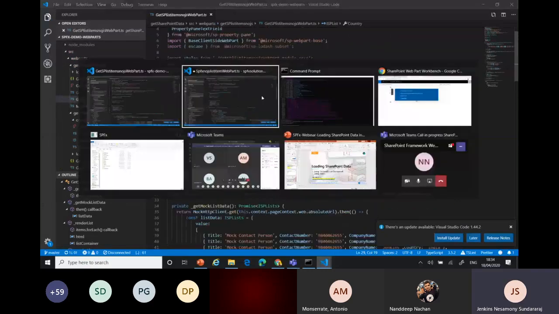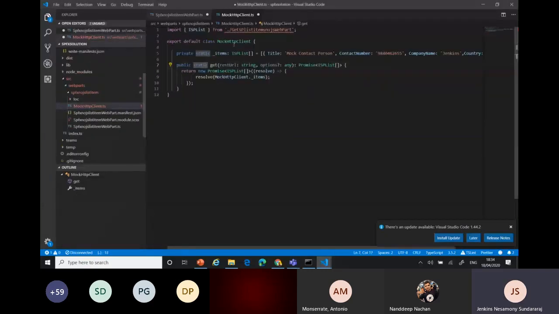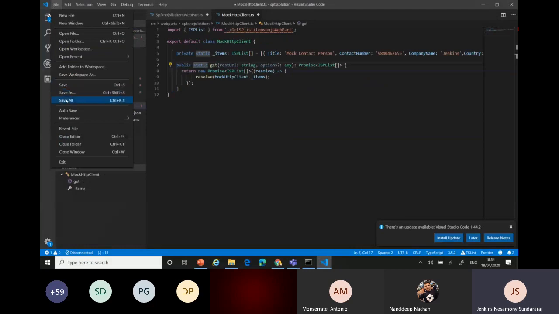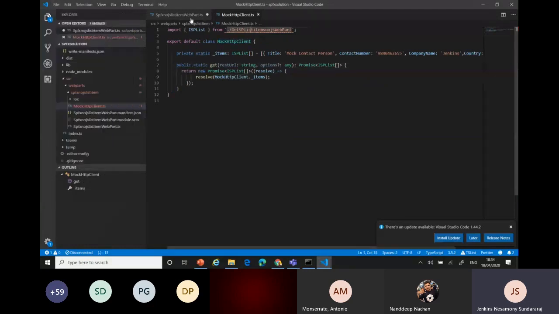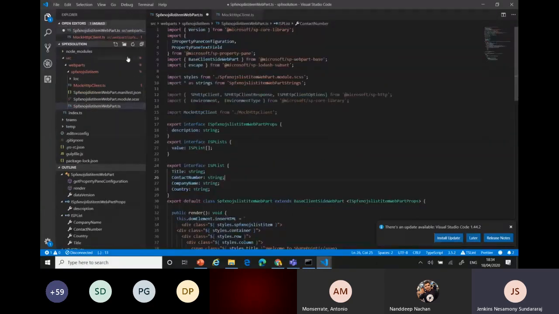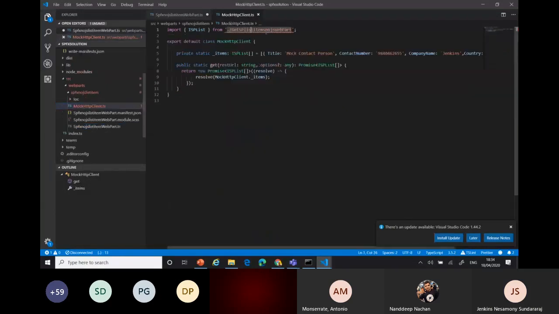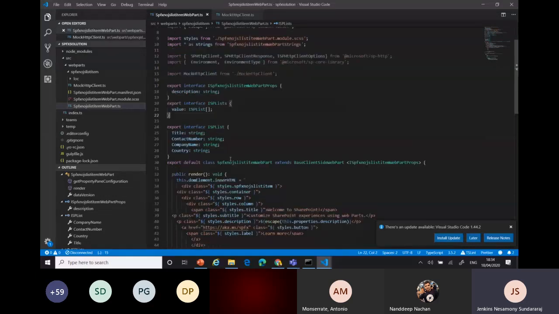Now I have these objects available in my mock clients. Save. And what I do is I can get this file name. Because my copy code has a different file name, that is free. That is save all, and I'll come here. Now I got that object, right? The object is ready. I want to get the value from my REST API.